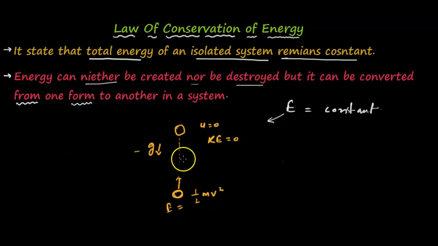When it reached a certain height, the kinetic energy started decreasing, but the potential energy started increasing, and we know potential energy is mgh. So the kinetic energy converted into potential energy, and that is what the law is saying. We are neither creating nor destroying energy, but transforming it from one form to another form